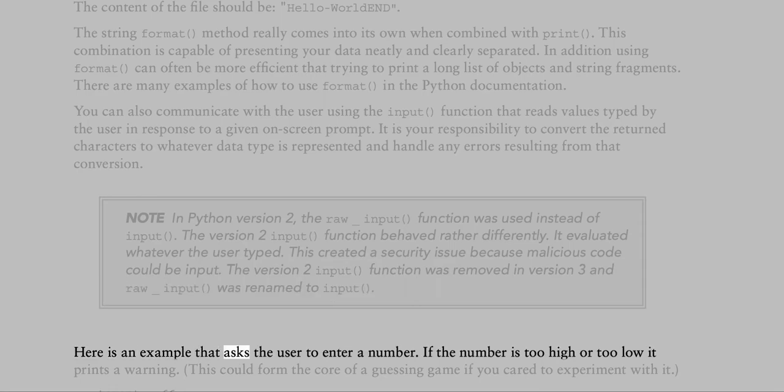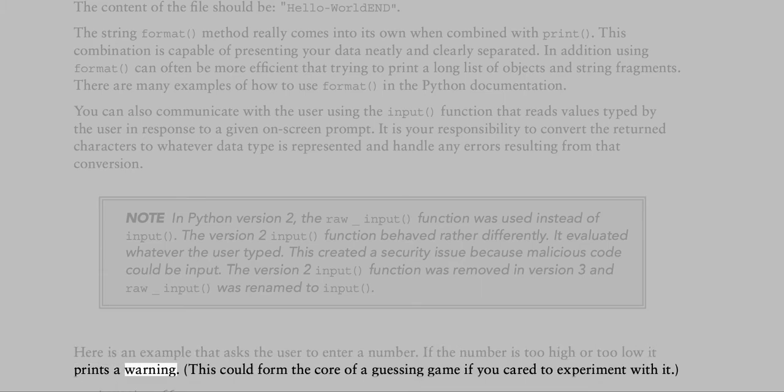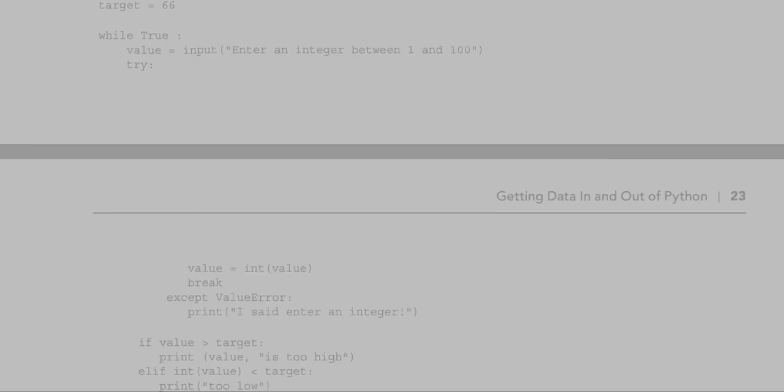Here is an example that asks the user to enter a number. If the number is too high or too low, it prints a warning. This could form the core of a guessing game if you cared to experiment with it. target = 66, while True: value = input("Enter an integer between 1 and 100"), try: